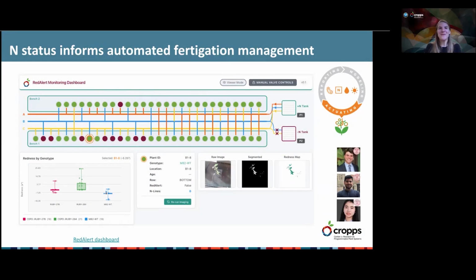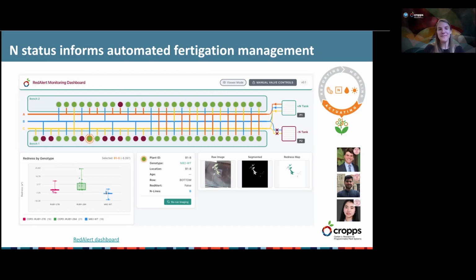Awesome. So as you saw from the demonstration, we have built a dashboard that we can use to remotely view the experiment and allows the experimenter, farmer, or grower to adjust the nitrogen fertigation based on Ruby, or to set the adjustment in fertigation to be automatic based on the plant sensors. This is an experiment that's happening now in the Cornell greenhouses, and I could adjust fertigation based on my plant's red values remotely from this dashboard. Now, Professor Hakim Weatherspoon is going to take you behind the scenes of how we have closed the loop for